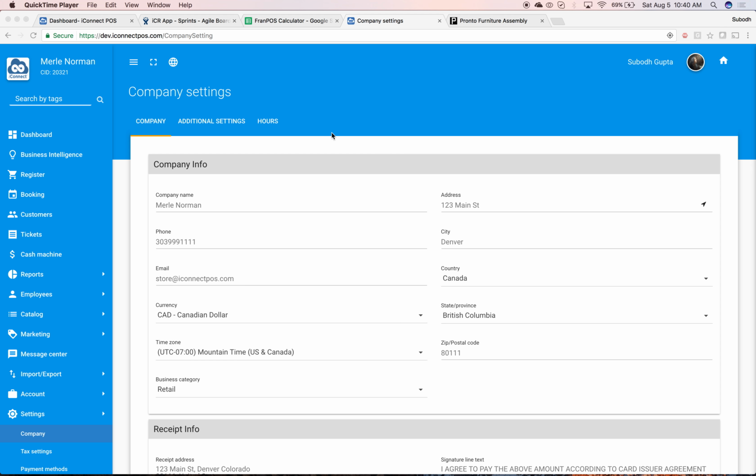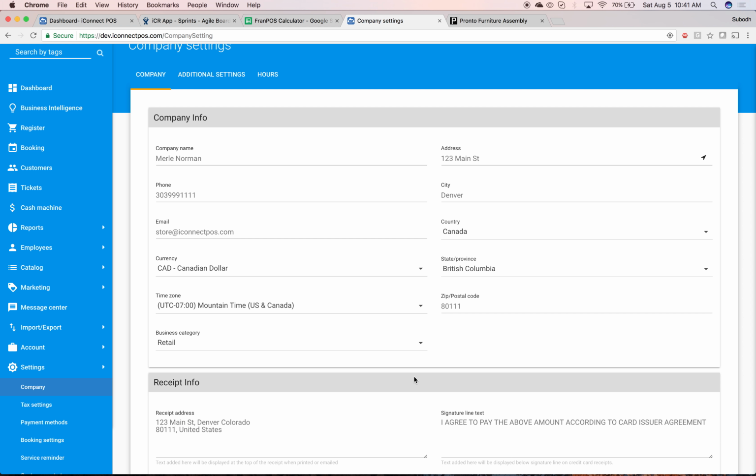Company settings. Company settings is the first page that any new location starting up should look at and adjust all the settings. The first section here is the company name, address, email, currency. Of course, the time zone is very important to make sure that your company time zone is set to the right time. Otherwise, all your tickets will be in a different time zone, like UTC, which is completely different time